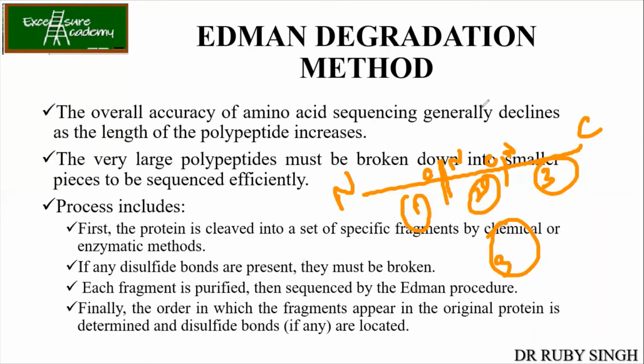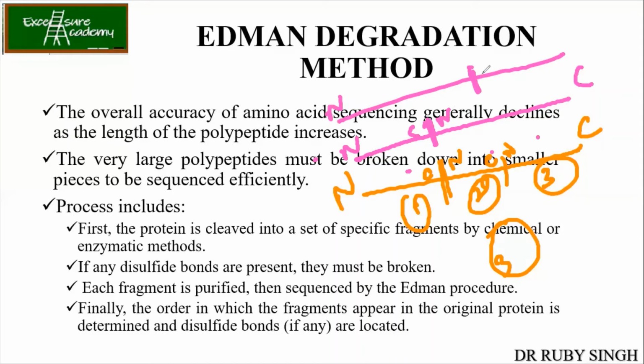So what you do is, in the first sequence you made 3. In the second you can have only 1 cut, and in the second condition you can have the cut over here. Okay, so what will happen? I'll have a sequence N over here, C here, N over here, and C over here. In the third condition, I'll have it like this. So all these combinations of fragments will give you the overlapping sequence of the amino acids. And finally, then you can get the correct sequence. Like from the starting to the end, you can get the amino acid sequence. Are you getting this point?